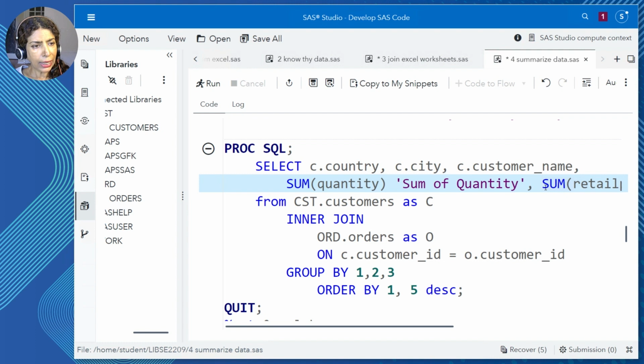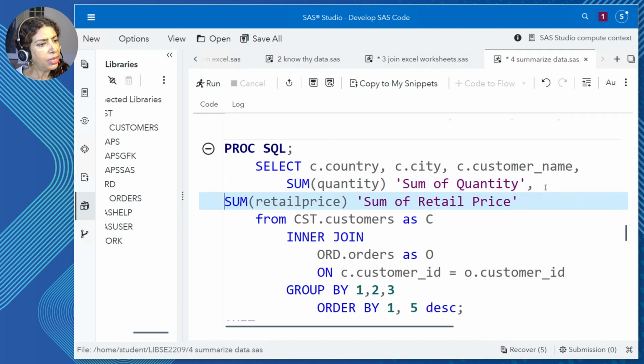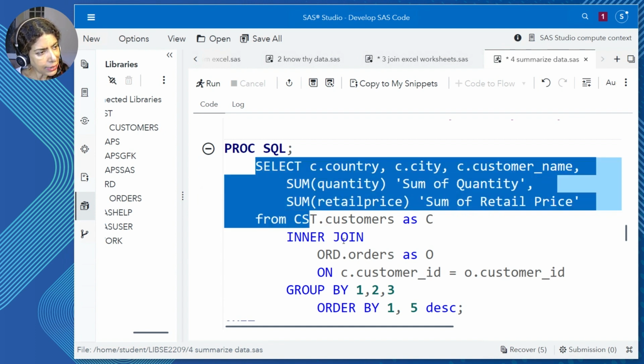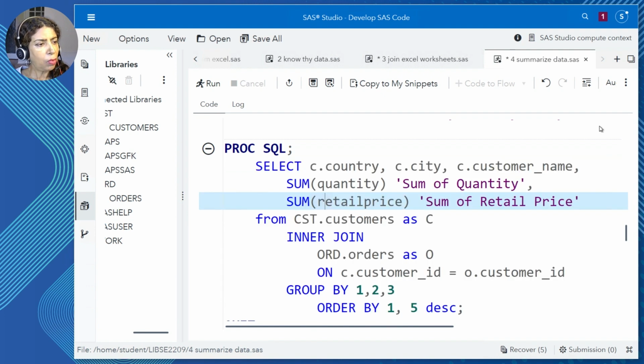If I can calculate the sum of retail price for each customer, can I also find out how many customers spend more than the average of all customers? So the question goes like this. How many customers spend more than the average for all customers? So to do that, we're still going to use this as a starting point, but we're going to have to learn to use another clause.